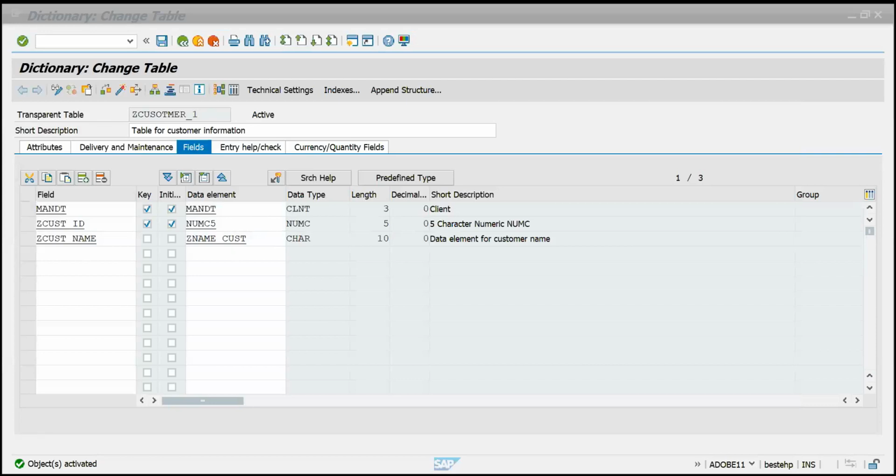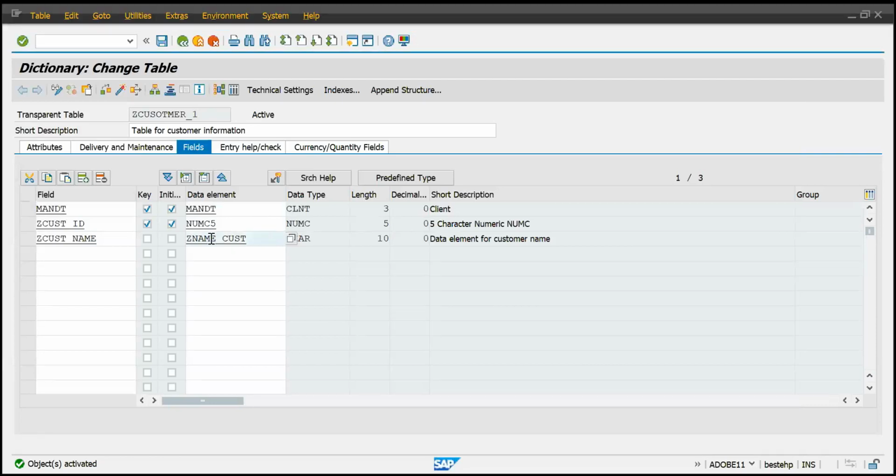Now we have used here the data element, right? And here I have used the predefined data type. These are predefined data types. This one we have created, the data element, and this is a predefined type. We can use it if a data element is not available, and the functional consultant has asked us not